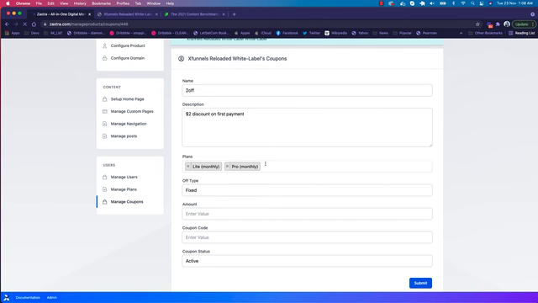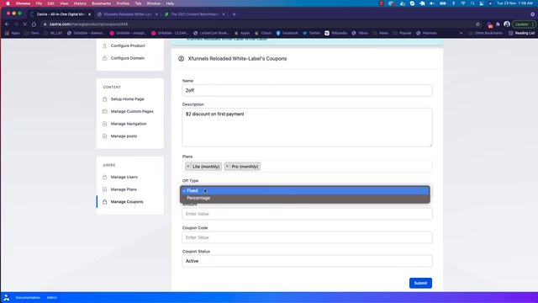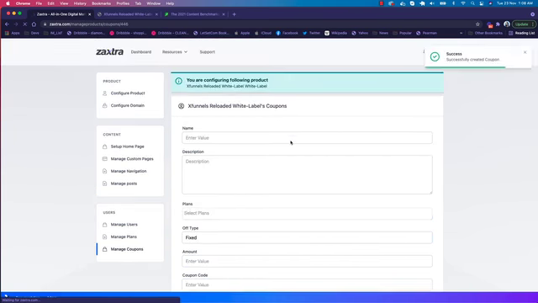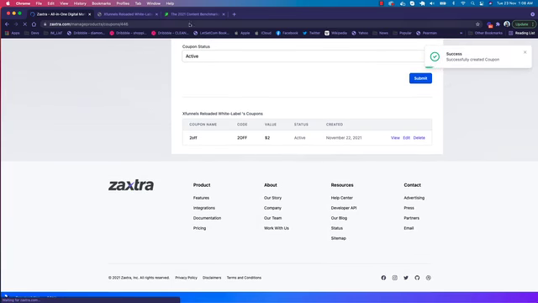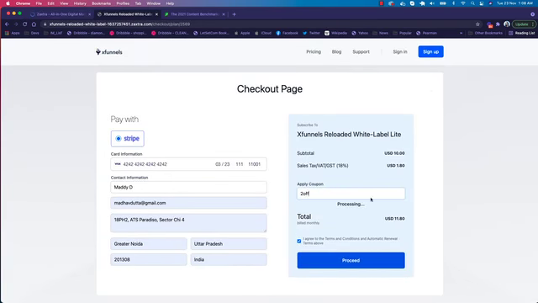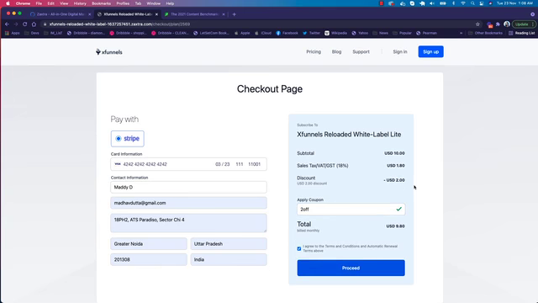so we can apply it on light or pro, right? Or we can choose multiple plans here. Is it a fixed or percentage? It's a fixed, and we can allow a $2 discount coupon, and the coupon code is 2 off. And when we click on submit, the coupon code will be created. See, it has been created here. Now we come back to this, we'll just apply 2 off. It will process and it will execute the discount.